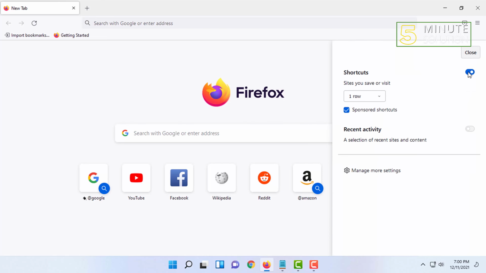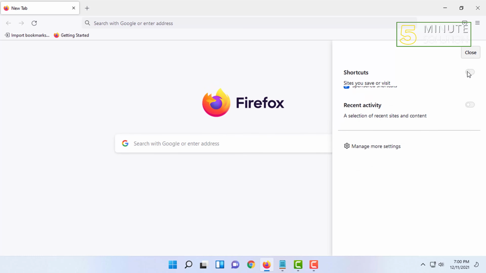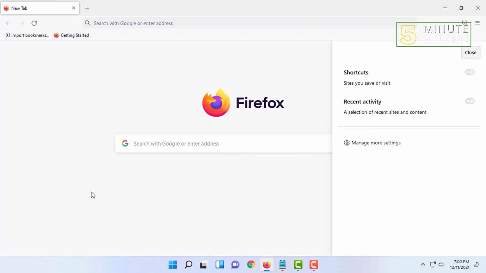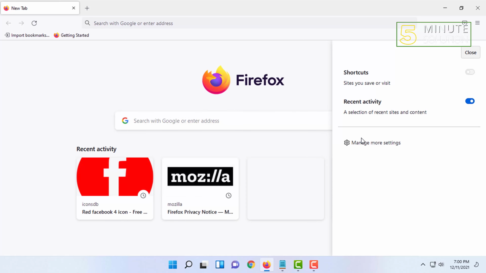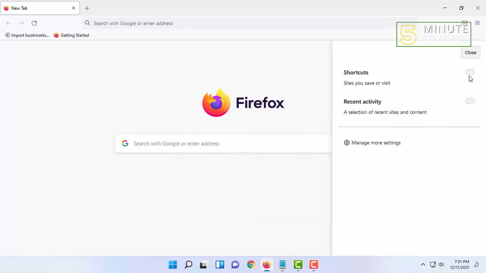Like you can turn on or turn off the shortcuts. If you turn off, the shortcuts will be gone. And you can also turn on the recent activity. It will show the recently visited websites. You can turn it off and you can turn on shortcuts again,